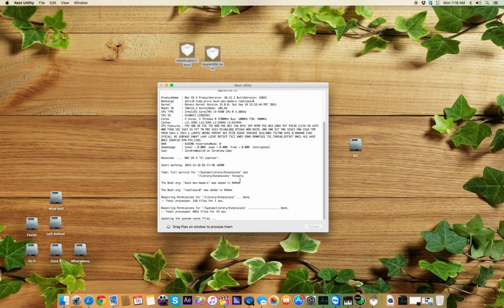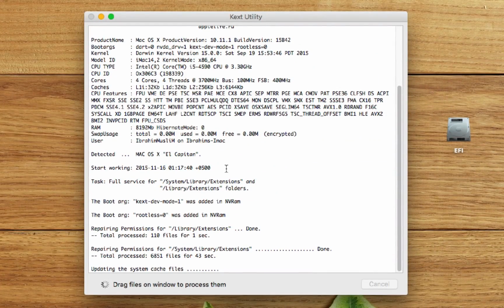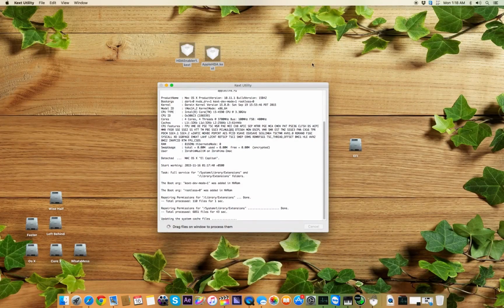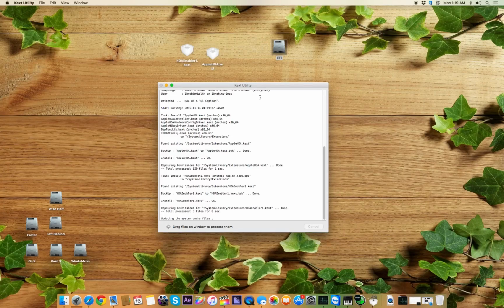What it will do is update your system cache, update your system permissions, and add kext-dev-mode=1 and rootless=0 in your NVRAM, and that will increase your chances of getting system audio output from your Hackintosh by 95%. This is a really nice application. Let me show you. And remember, now it asks for the password again, and it has all been done. Now when we add the password, it will rebuild the Apple HDA enabler in your system cache,